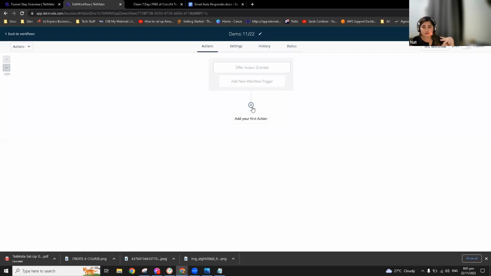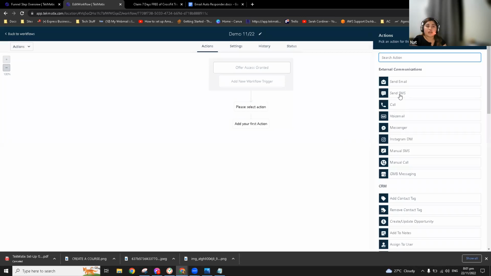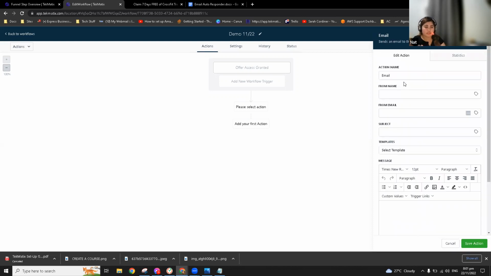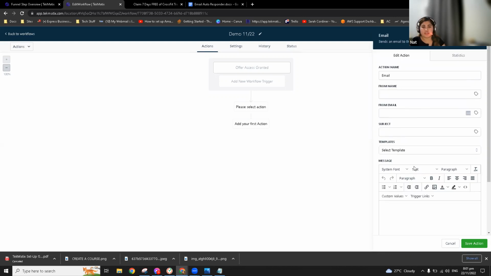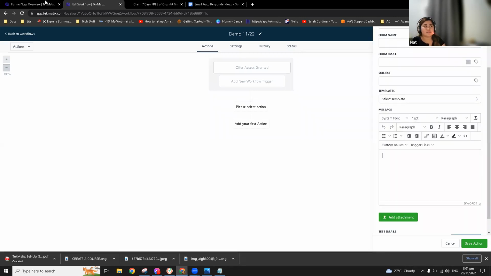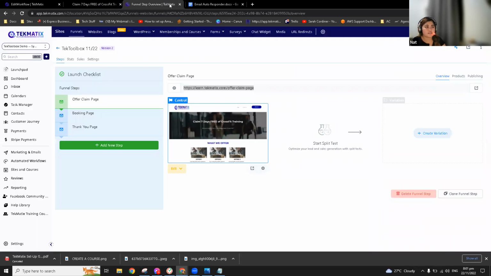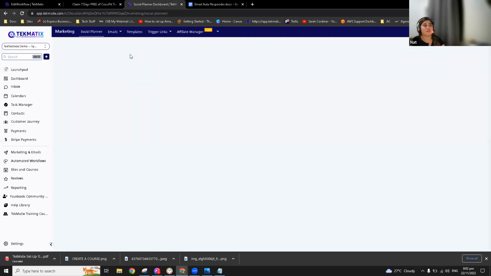And to create an action, for now, we'll just create a different email sequence, right? So when I click on the plus icon, it will give me an option to send an email, SMS, or whatever. But for now, let's just do emails. You have the choice to do your email as a plain email, or if you want to create an email under the email builder, which is basically fancier. So for me, you can actually just do it here directly. But for me, let me just do it under email marketing, emails and templates, so I can just show you how I usually do it.